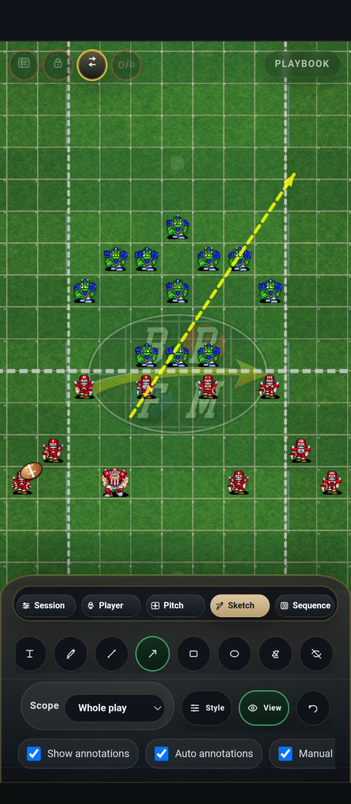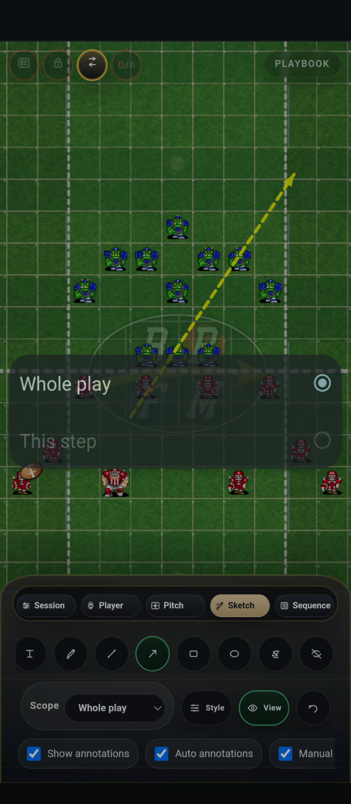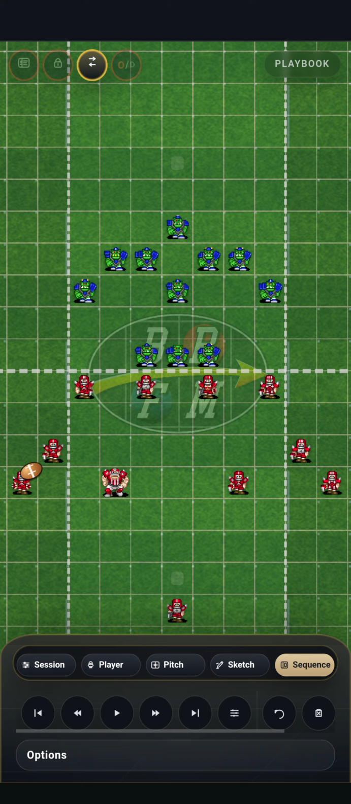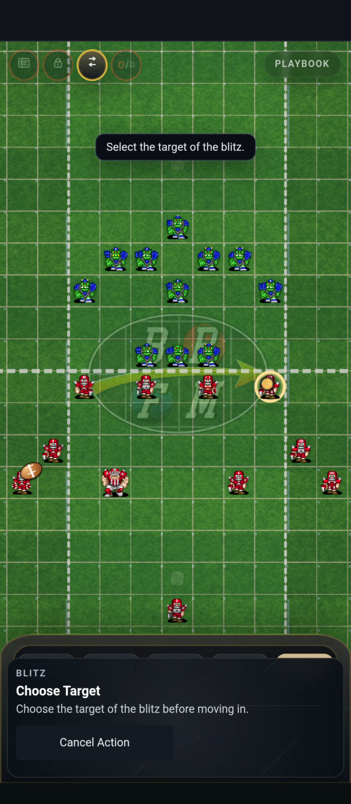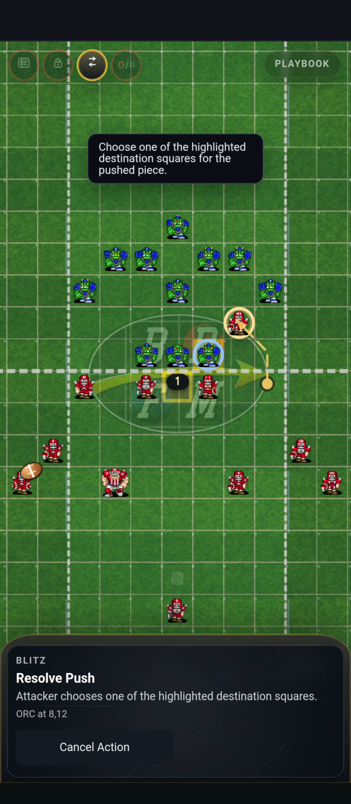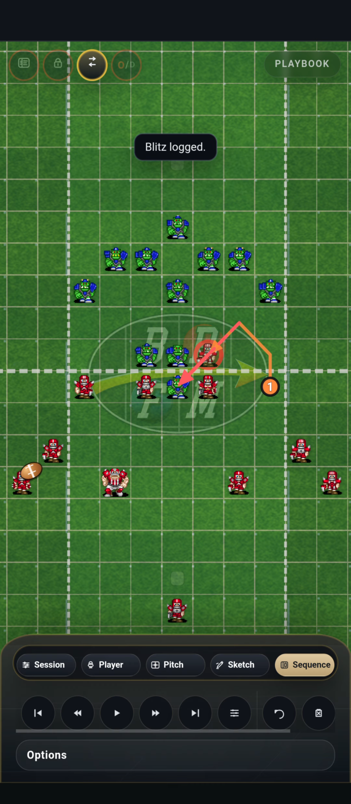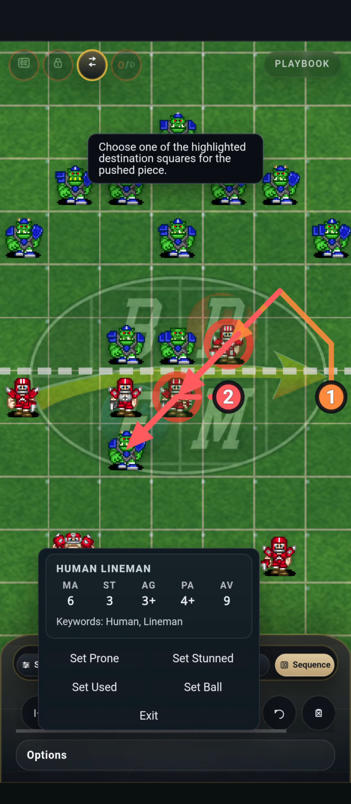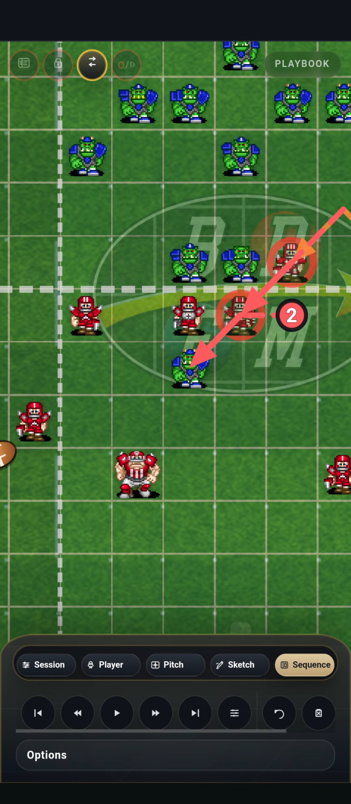They're all pretty straightforward. This scope is the bit to get your head around, so the whole play is everything. This step is only for specific steps in a sequence, which is what we're going to look at now. So if I just clear this down again and then go to selecting a player and just start building a sequence. I'm just going to start with a blitz, knock this player into there, block an orc, knock him into there, and then